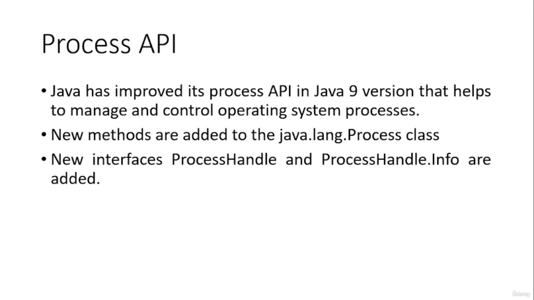The process API helps us to access those processes one by one, and we can find the children of the processes and get information like the process ID. We will be able to monitor the processes by using the process API. There are new enhancements after Java 9. After Java 9, the process API was improved, the Process class has added new methods, and the ProcessHandle and ProcessHandle.Info interfaces were added to the process API.